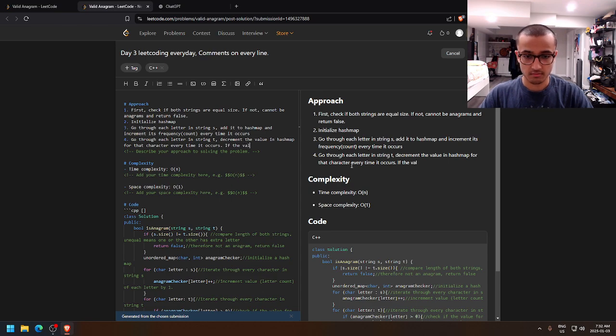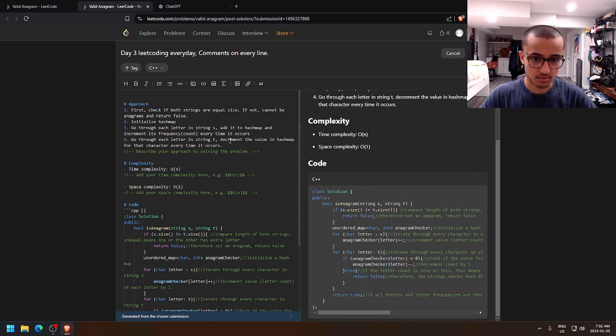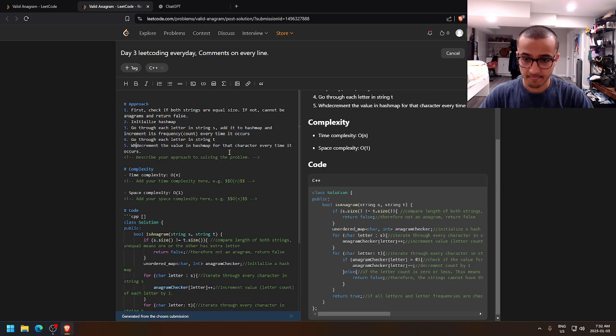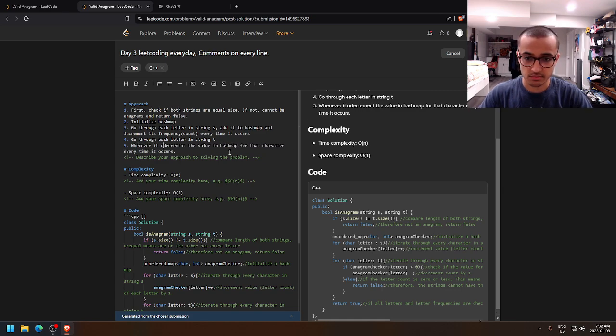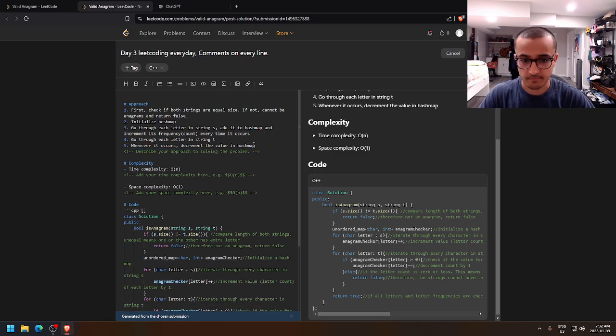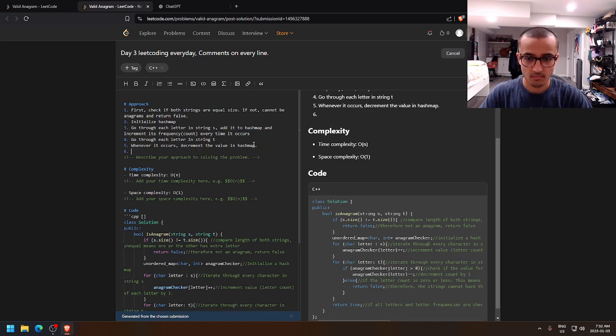I think I should, whenever it occurs, decrement its value in the hash map. Yeah. If it occurs in string T, but the